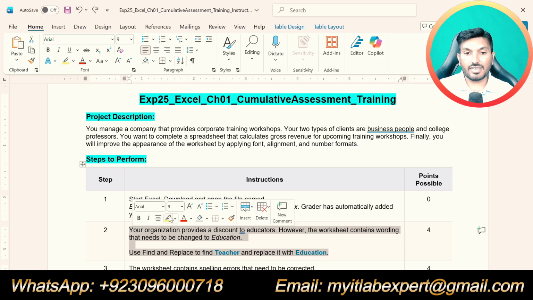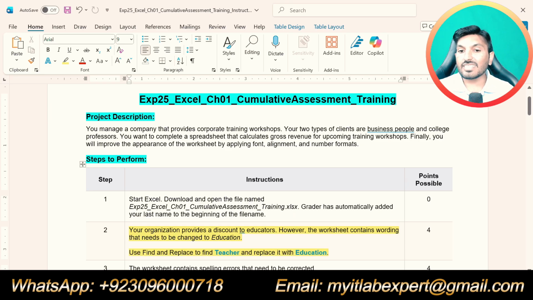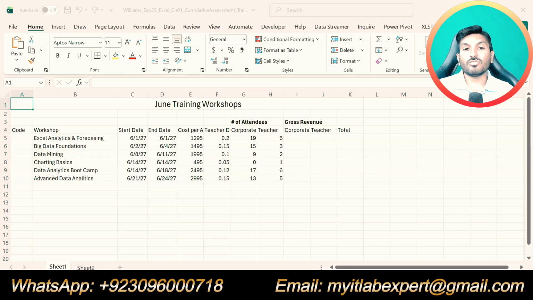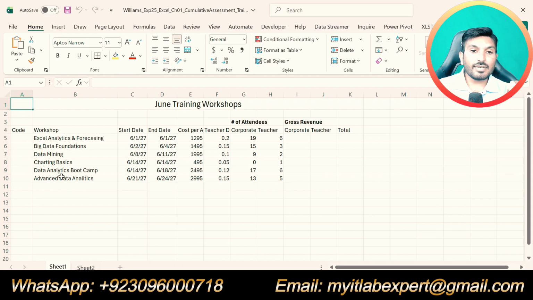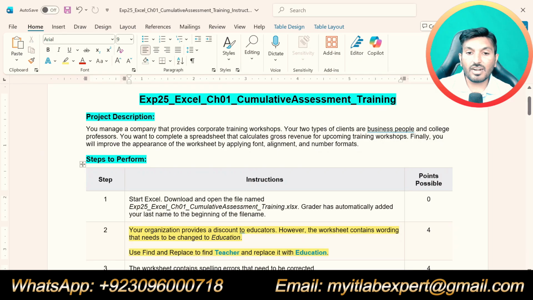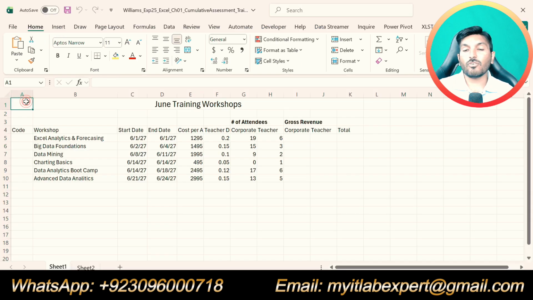Step number 2 says your organization provides a discount to educators. However, the worksheet contains wording that needs to be changed to education. Use find and replace to find teacher and replace it with education. So this worksheet has the title with the word teacher, but we are supposed to replace it with education. Go to cell A1 of the worksheet, then click on the Home tab.